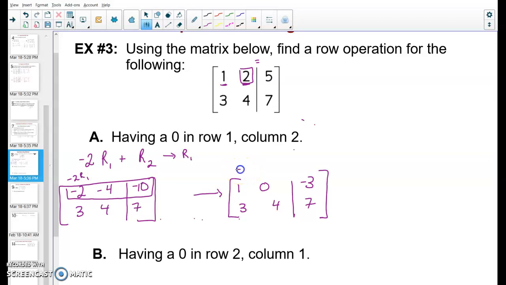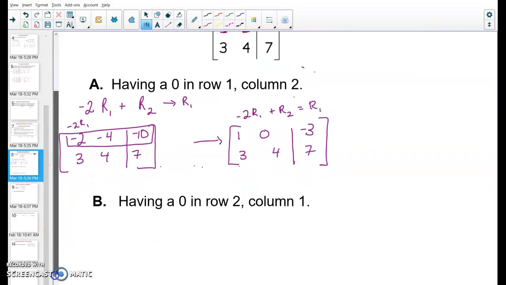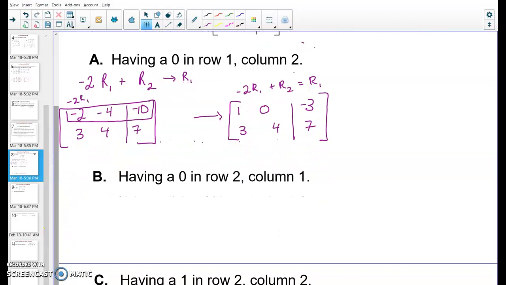This second step was doing the negative 2 times row 1, which we had already done, and adding that to row 2 in order to equal my new row 1. Okay, a lot of very different symbols, a little bit confusing to understand this. You will have to practice this concept a decent bit. So let's look at